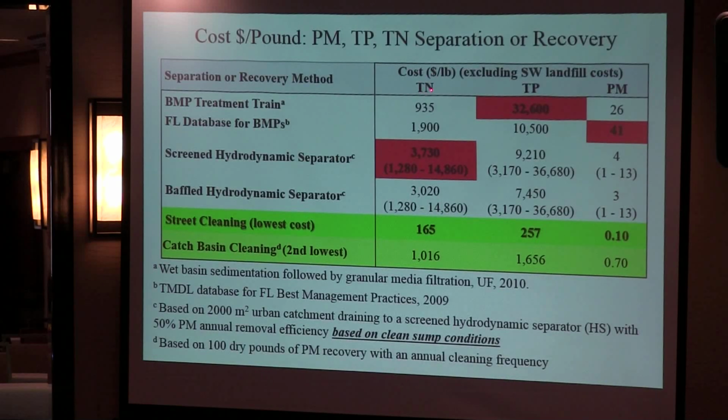If I go to total nitrogen, if I use a screened hydrodynamic separator, I'm looking at $3,700 per pound. Compare those to maintenance practices. Maybe not as exciting, but they are far more economical. For example, street sweeping cost for nitrogen, not $3,700 per pound, but $165, and total phosphorus down to $257 compared to